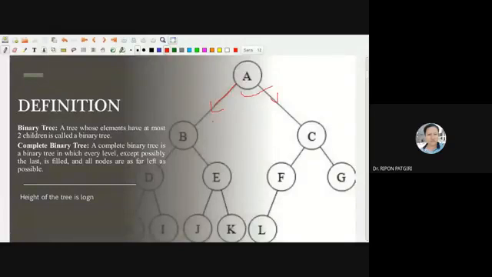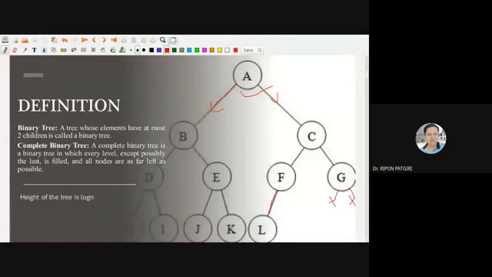Two children means it can have one left child and one right child, or it can have one child, or it can have no child at all.